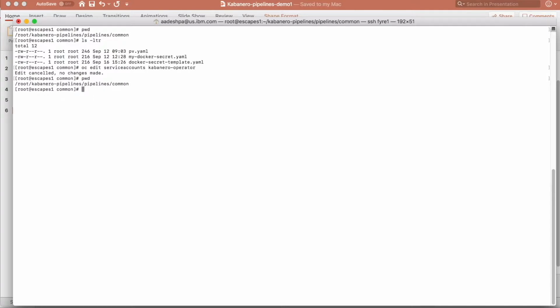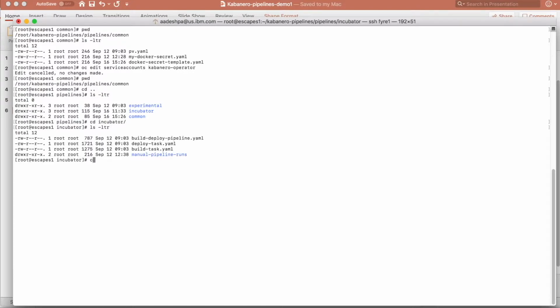Currently we are under the common folder. We have to go one step back, and then we have to go inside the incubator folder, and then we have to go inside the